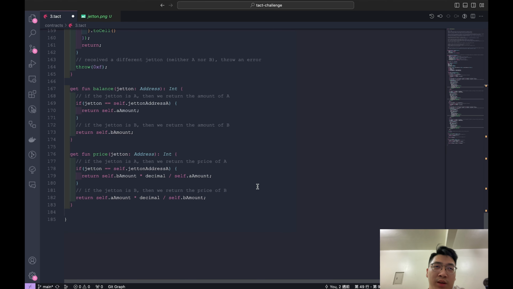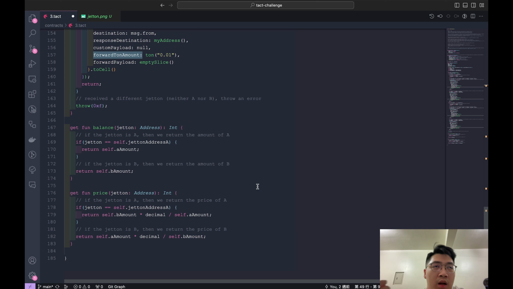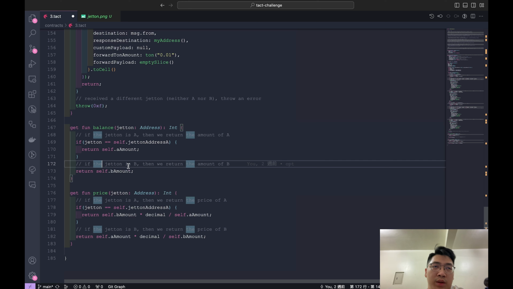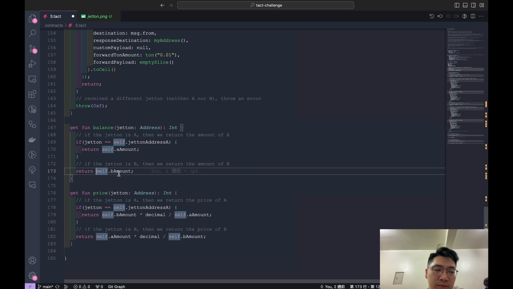We have implemented two get functions following the task. The first one allows you to get the balance of a Jetton. If the Jetton address is Jetton A, it returns self.a amount. If it is B, it returns B's amount.